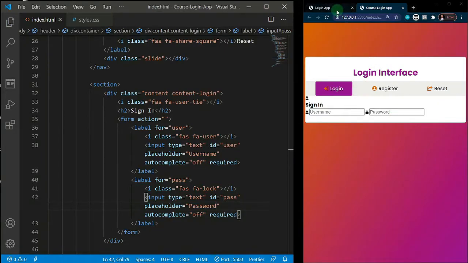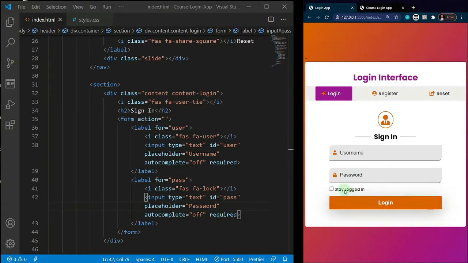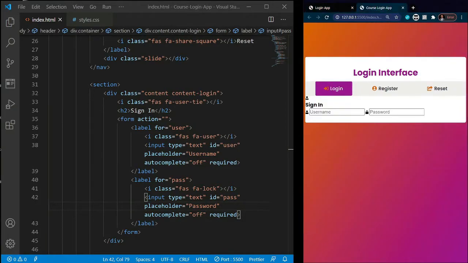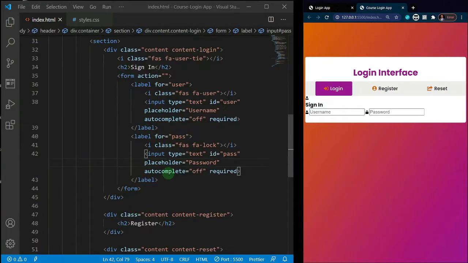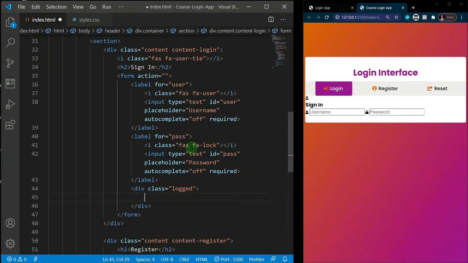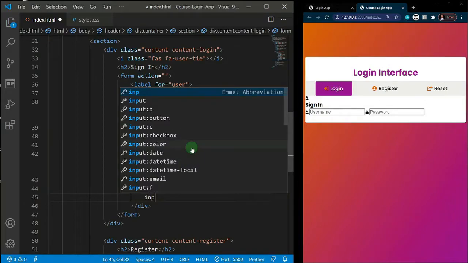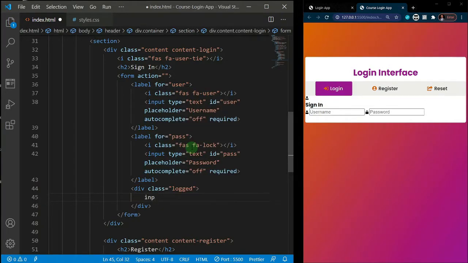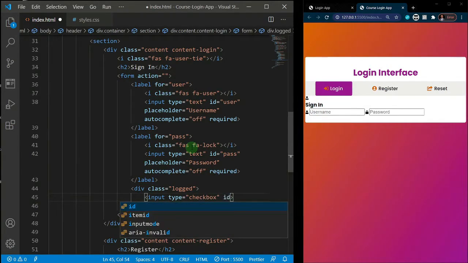And I think the last thing we need to do is we need to add in, oh, there's this stay logged in before the button, so we're going to add that. So for the stay logged in, what I'm going to do is I'm just going to add a div and give it a class of logged, right? And inside of that div, I'm going to add an input, and it's going to be a type of checkbox. So checkbox, and basically it's going to have an ID also of checkbox,